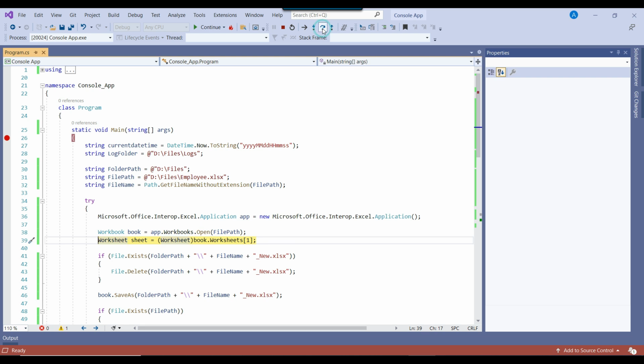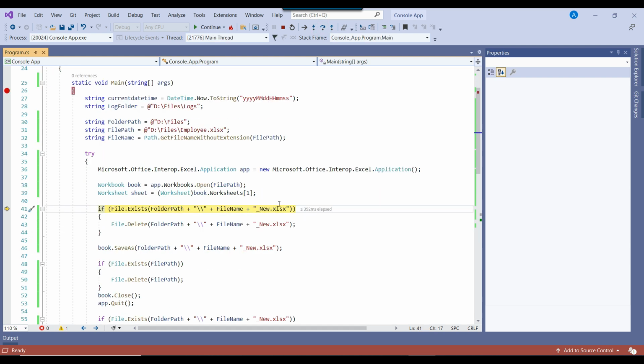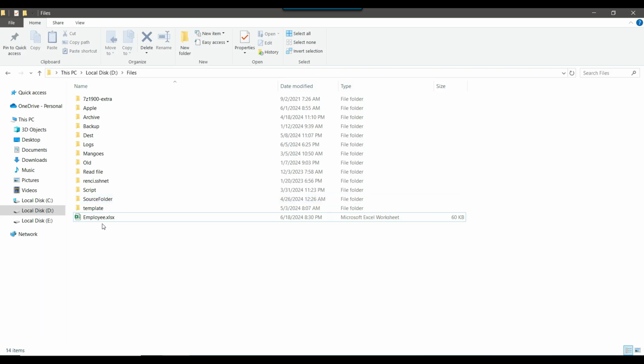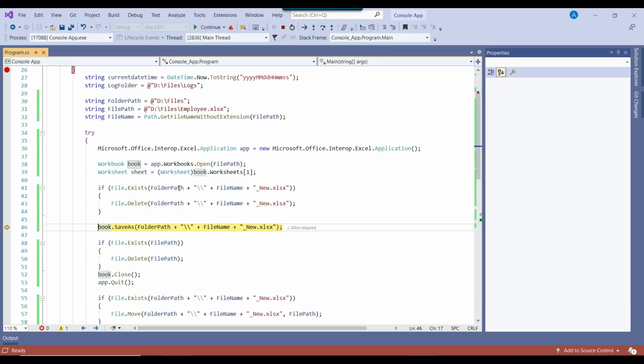Now it has read the first sheet from the Excel file. Here we are checking if the new file exists, then delete it. At this line, it will create the new file. For example, a new file employee underscore new.xlsx will be created after execution of this line.